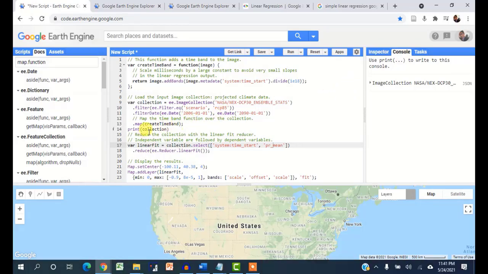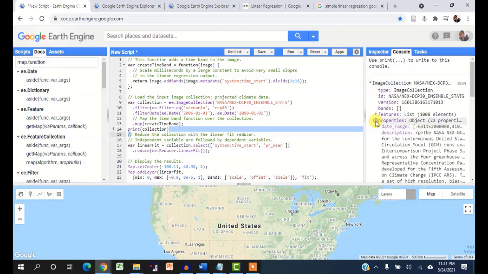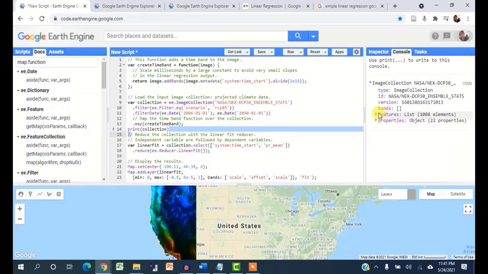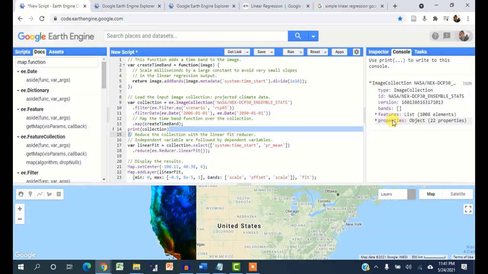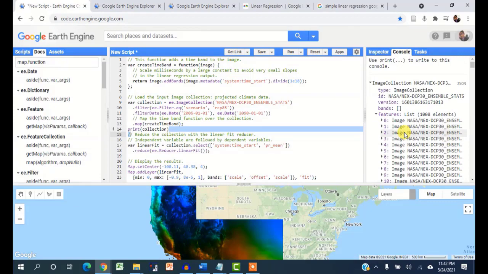Here I have created the print collection. When you expand it, you can see there are multiple bands available because we are considering all the images from 2006 to 2019.